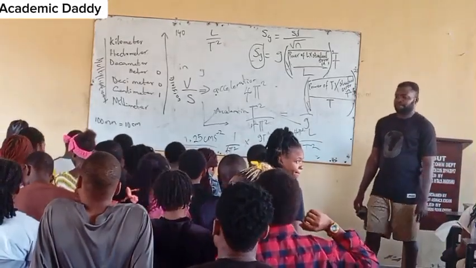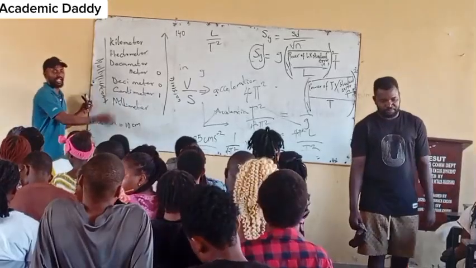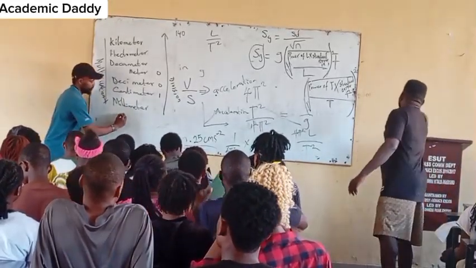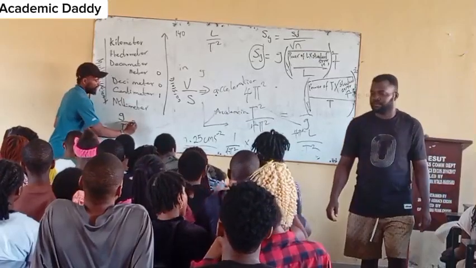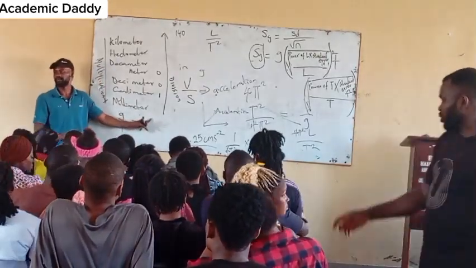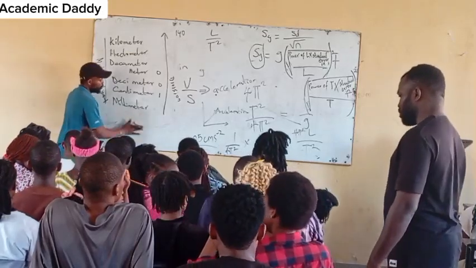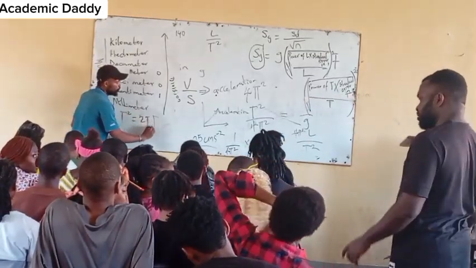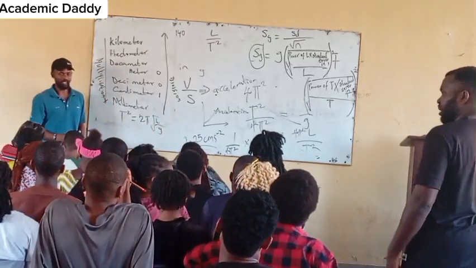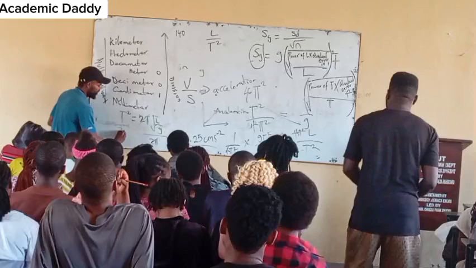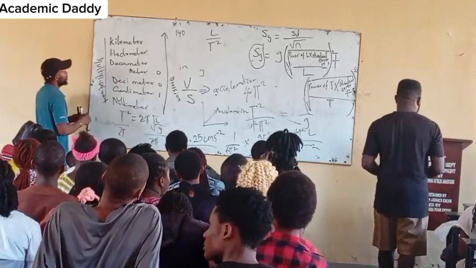We should find G. We can as well find G now. But see, when we go to G over T squared equals to, what did we get here today? We have T squared equals 2 pi root L over G. Divide both sides by 2 pi. This will cancel, all over 2 pi. Then,